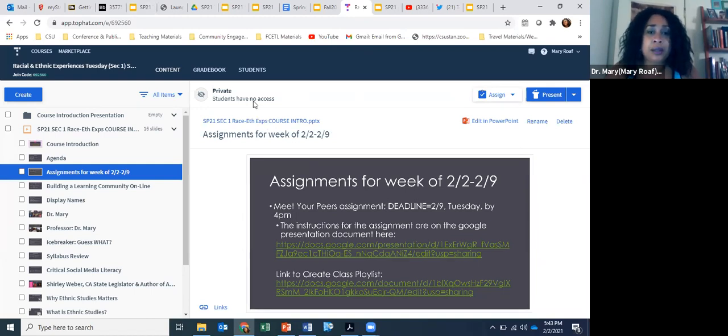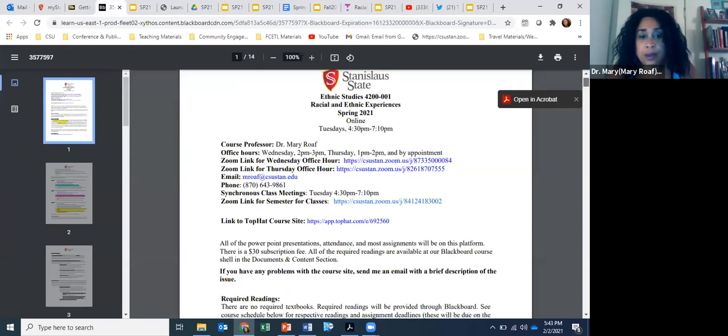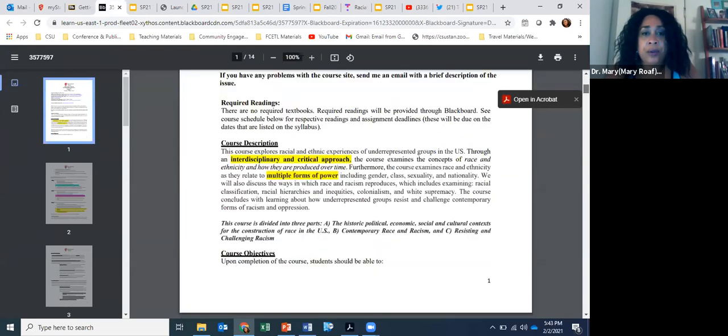So going back to the syllabus, the title of this course, and again, I love to annotate. The key point is that this is an interdisciplinary and a critical approach. What makes ethnic studies, and of course, ethnic studies is not the only discipline by far that examines political, economic, social, cultural and institutional forms of power, it's that we do it in particular ways, and we'll get to that in a minute when we get into the creation of the fields.